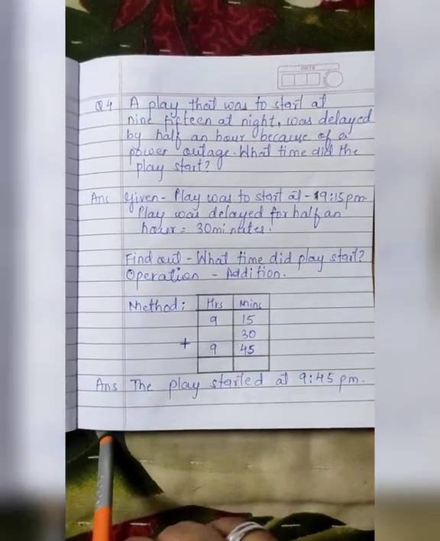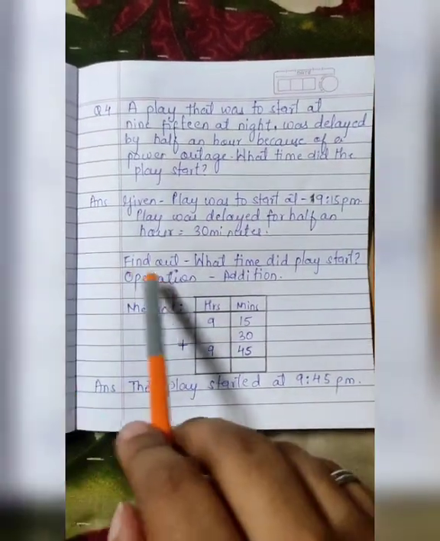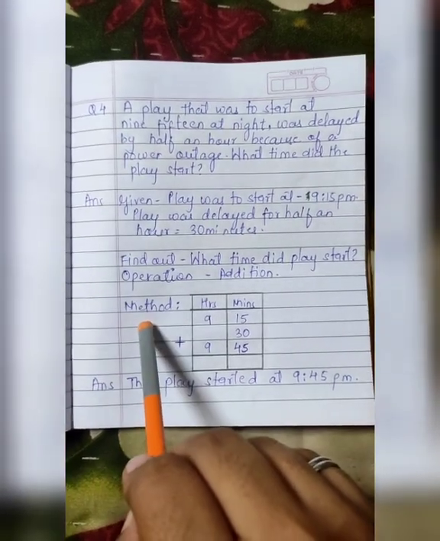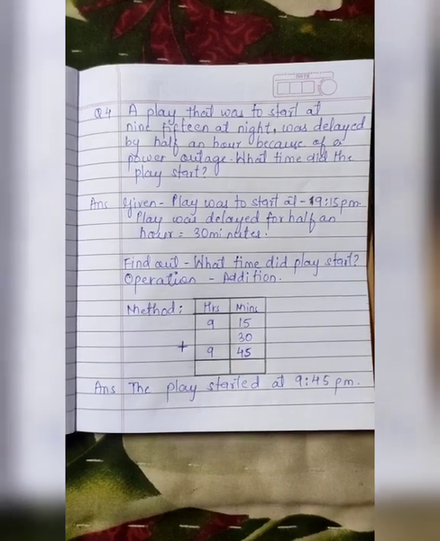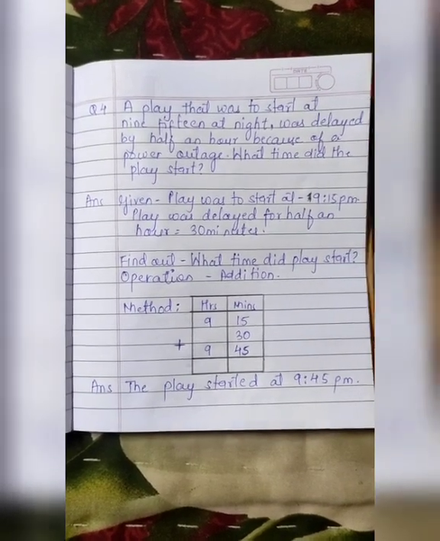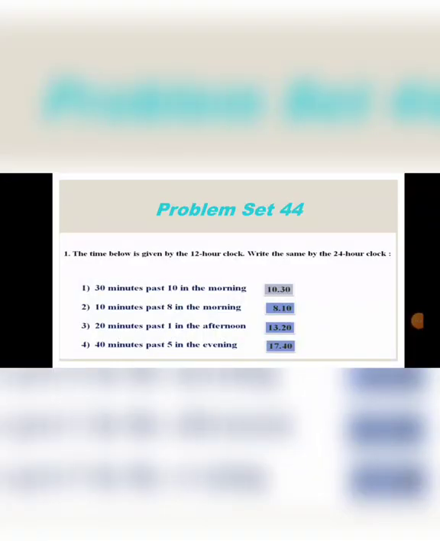Got it? Now your question number 5 is omitted. So I hope you have understood both the word problems properly. Complete the book on time. Okay? Now we will be starting our problem set 44, that we will be solving in our textbook only. So please take out your textbook. We will here solve the problem set 44 also. Now to solve the problem set 44, you have to take out your textbook again and open page number 62.